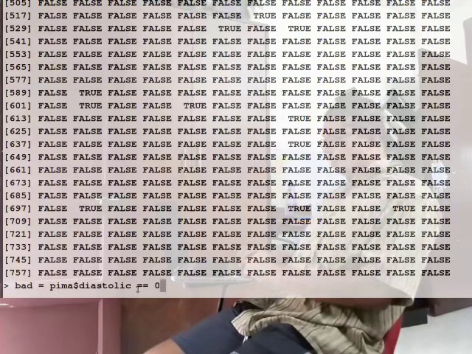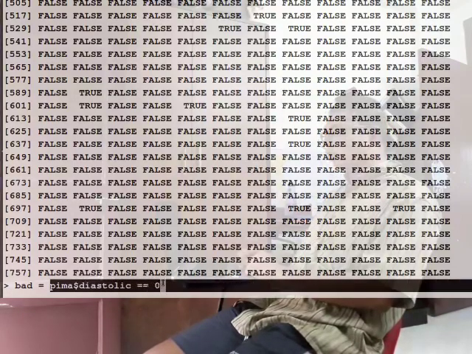When I report this double equality, this is checking a condition, just like in C programming. So it is checking a condition whether it is equal to 0 or not. If so, it is putting a tick mark against that case, and if not, it is putting a cross mark against that case. And these are the things, the trues are the tick marks and the falses are the cross